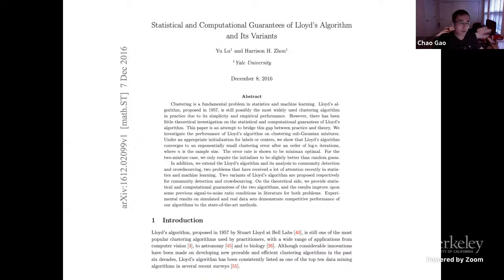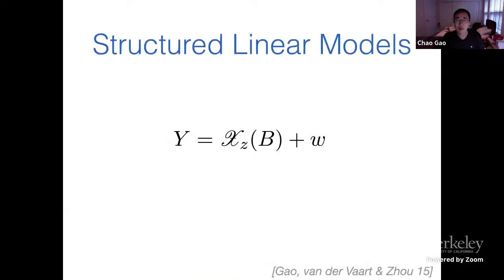The reason I want to mention the paper here is that I will try to convince you mathematically that the Gaussian mixture model and the phase synchronization model are quite similar, and actually they have the same mathematical essence. The K-means iteration and the iteration that you see from the generalized power method can be derived from the same mathematical principle. They're actually the same product. This is by viewing both models as special cases of this general structure linear model framework.